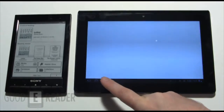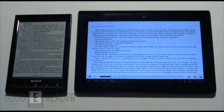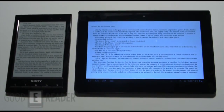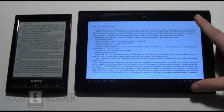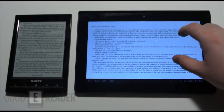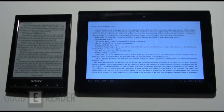So we're just going to open up a random book here. And we're also going to load up a book on there. So on camera, obviously, it looks a little bit different. This is a pure white screen. It looks a little bit blue on camera, but it is the tungsten lighting sometimes when you film on a